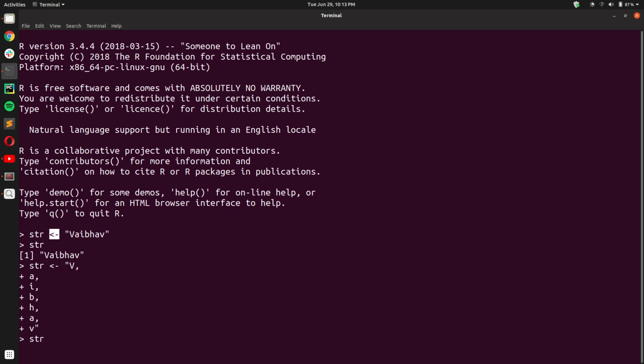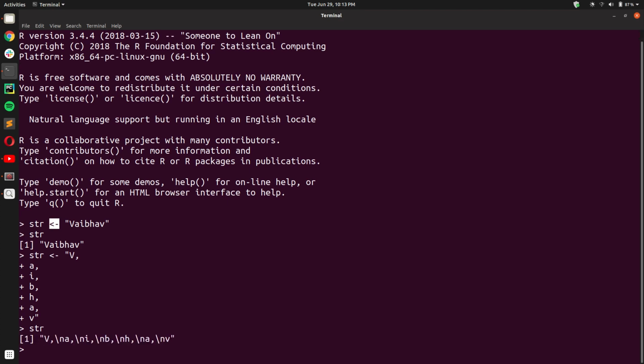When I write str on the R console and press enter, I get the output v, backslash n, a, backslash n, i, and so on. Backslash n is the new line character. This character denotes that a line break was added here.